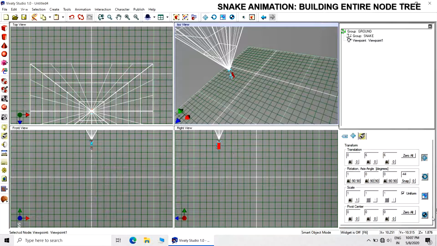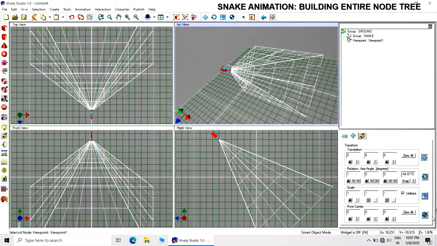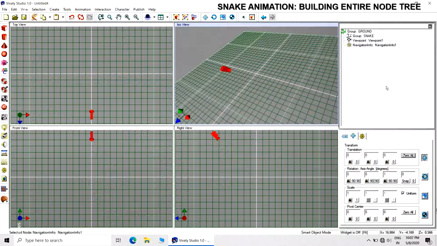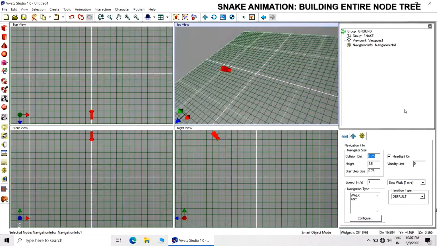So make the snap equal to minus 44.97. Then there will be navigation information.